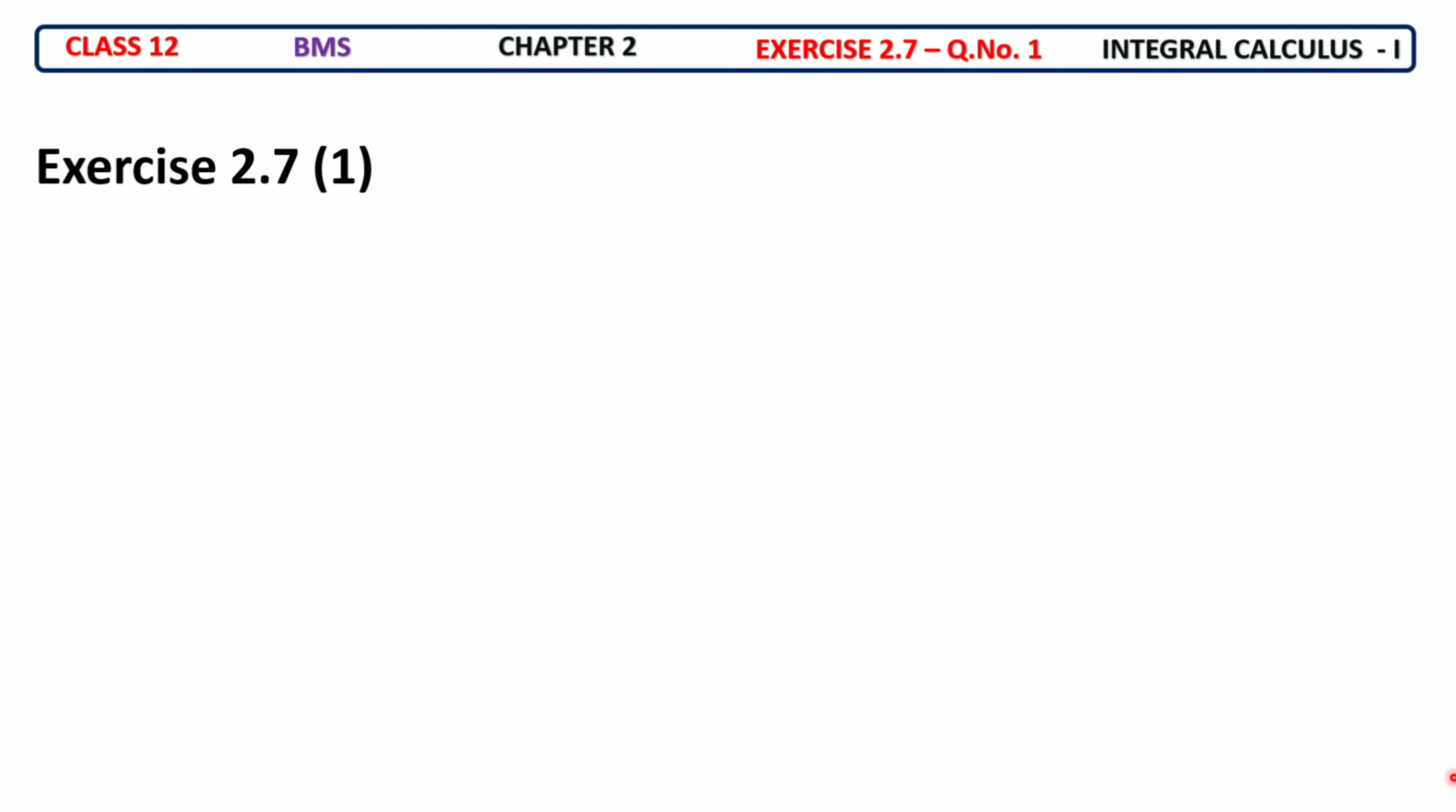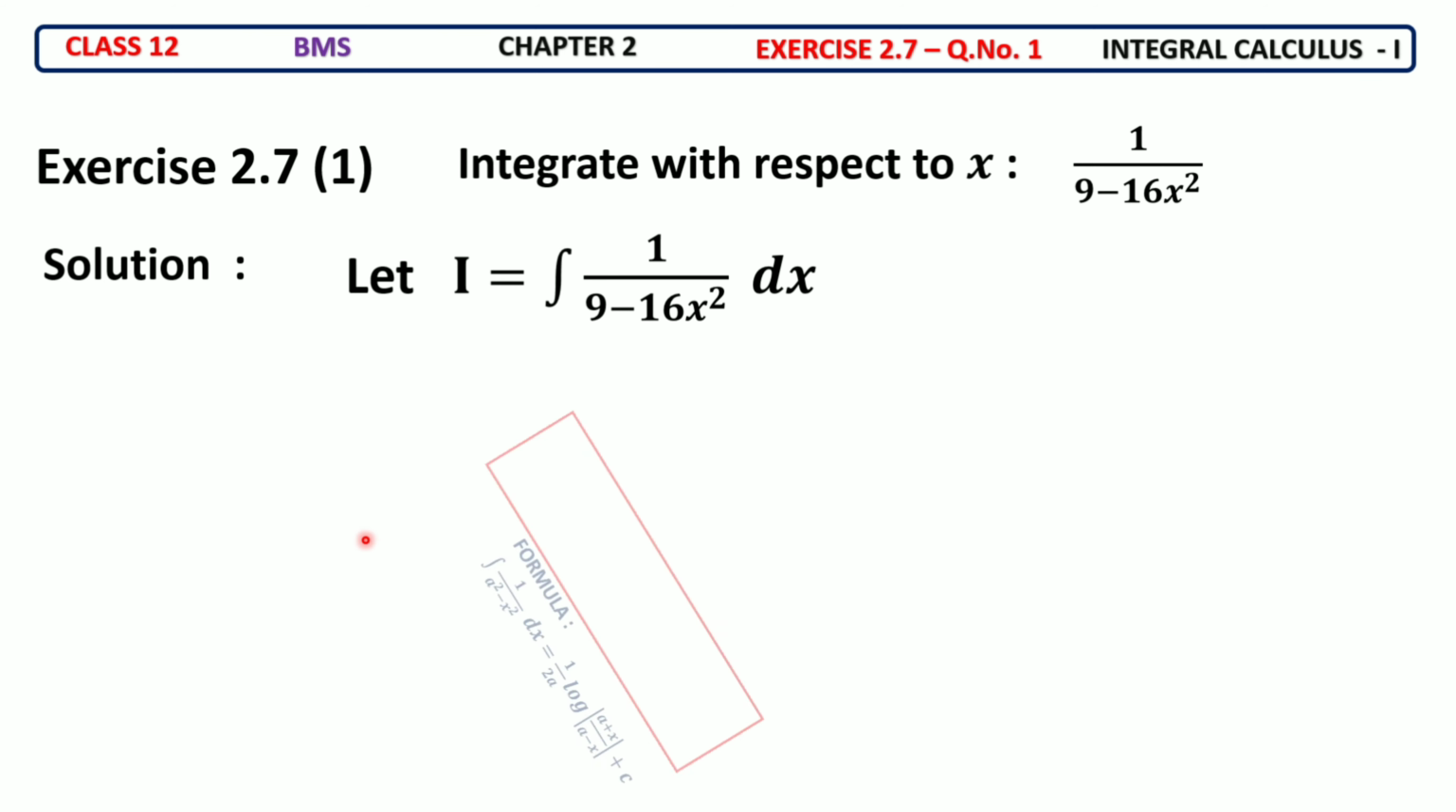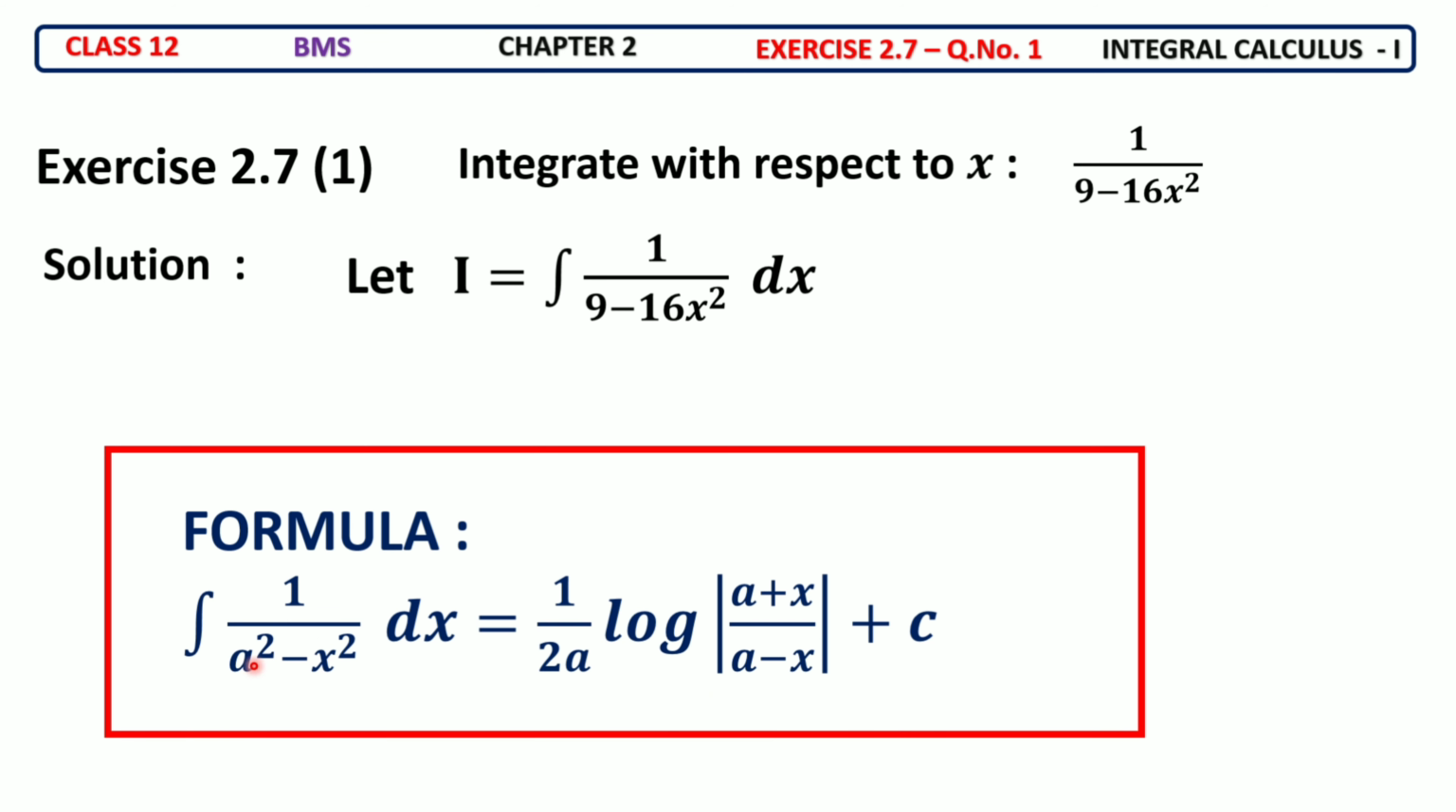Exercise 2.7 question number 1. Integrate with respect to x: 1 divided by 9 minus 16x square. Solution. Given integral. So we have the formula: integral of 1 by a square minus x square dx is equal